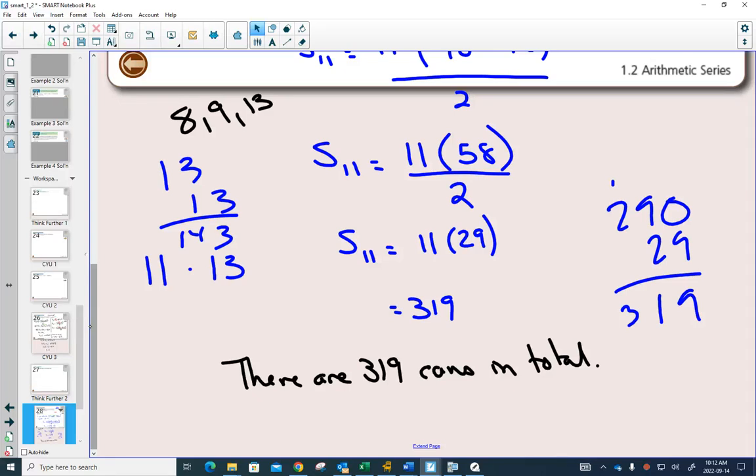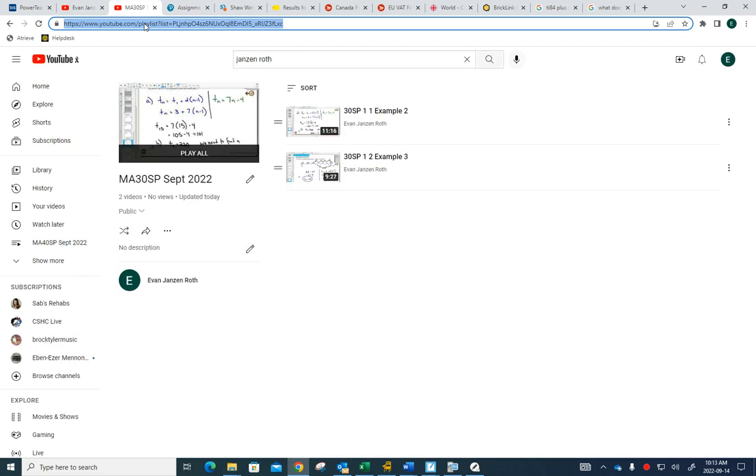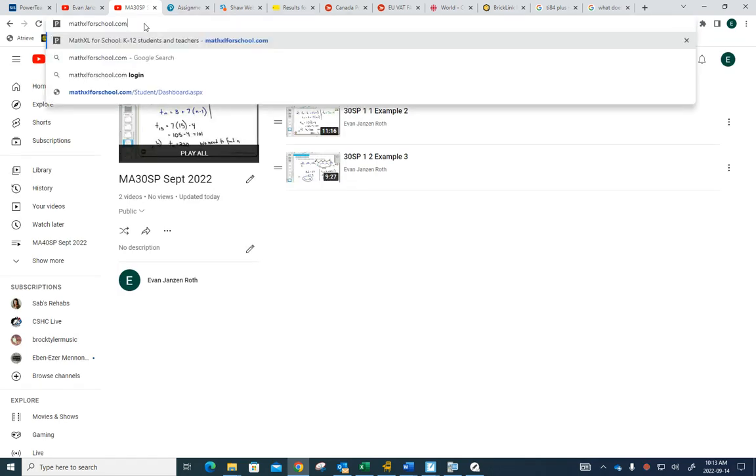Send the plastic to the person at the front of your row so they can throw it away. And Google or Chrome or whatever you use, you are going to type